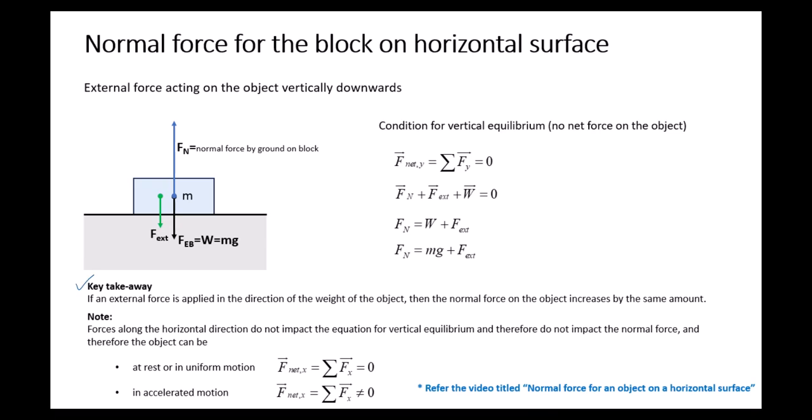The key takeaway is if there is an external force applied in the direction of the weight of the object, then the normal force on the object increases by the same amount, as we have seen already. And another important thing is that I have not been mentioning anything about the horizontal direction because nothing in the horizontal direction is changing the vertical